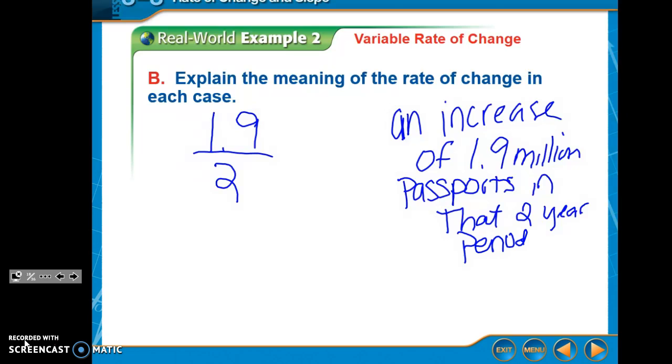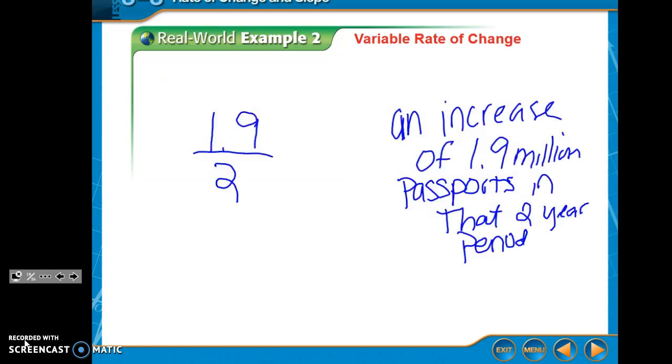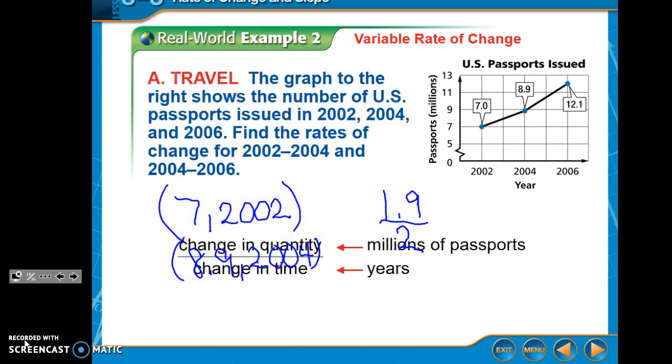Alright, now if I go back and look at the graph, is the rate of change the same or different between 2002 and 2004 and then 2004 to 2006? Are they the same or different? Slightly different. Is this line rising at the same